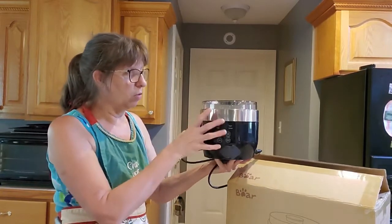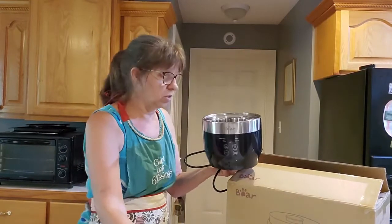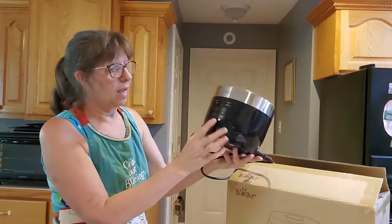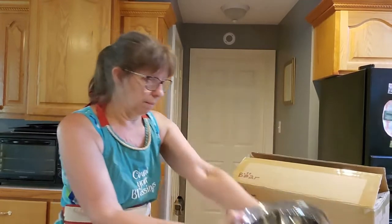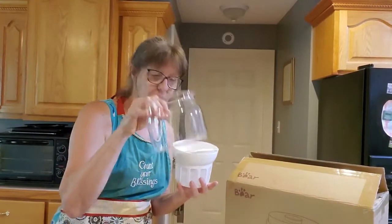This is the main unit. It's round, with a plastic see-through lid so you can see what's going on. It's like a mini crock pot. It plugs in, and it's digital here across the front. We'll get to that in a little bit, but they also send 2 of these glass containers